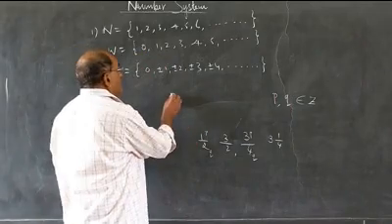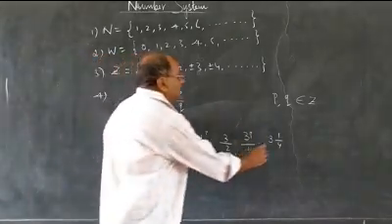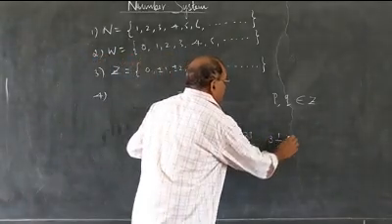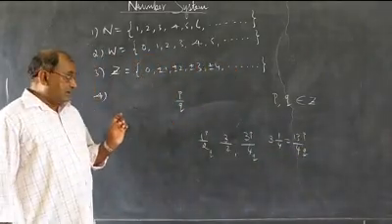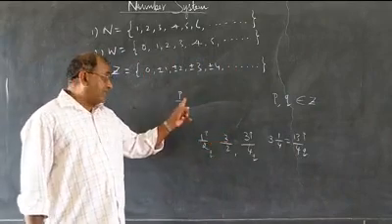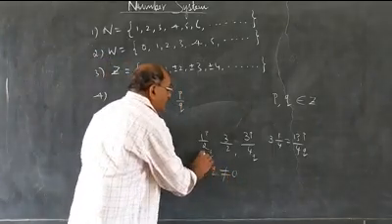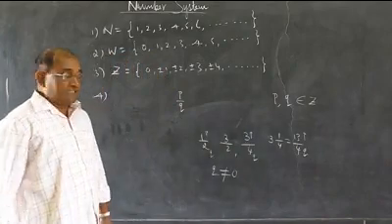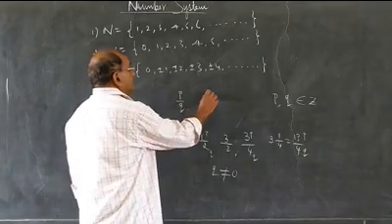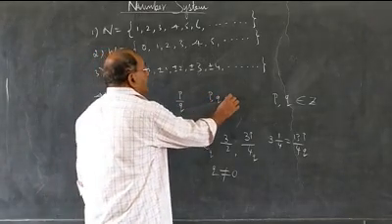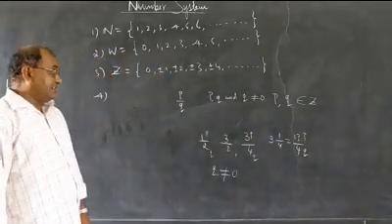And all these are in the form P by Q. See the examples, all these are in the form P by Q. This also you can convert to improper, 13 divided by 4. P is 13, Q is 4. And so all these numbers are in the form P by Q, where you observe Q is not equal to 0. See, all are numbers. Q is not equal to 0. So P comma Q belongs to Z and Q not equal to 0. So that is the fact we are seeing here.